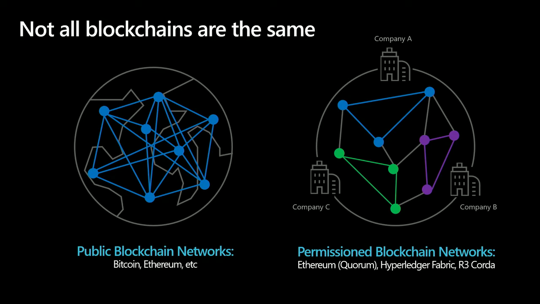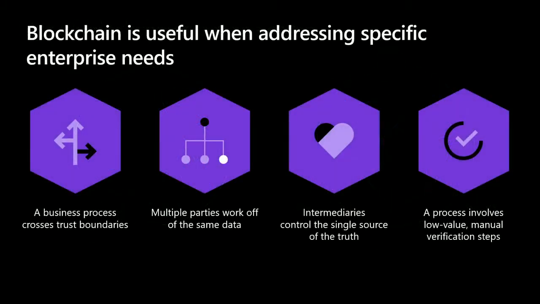But the key thing for a permission network is I can create my own network, and I can add selected parties to be a part of that network. And that comes across if I wanted to do a business process where I have shared parties, like a supply chain. And I'll walk through an example of that.